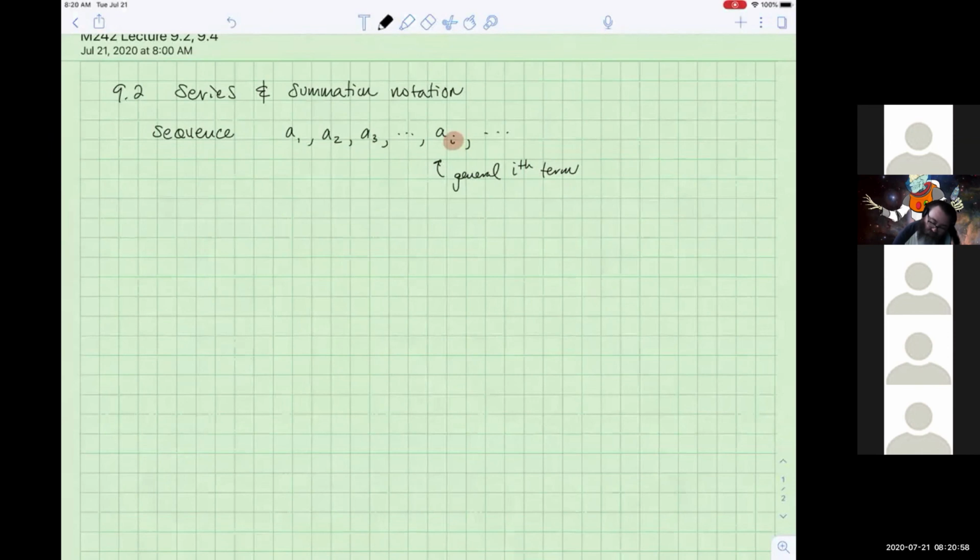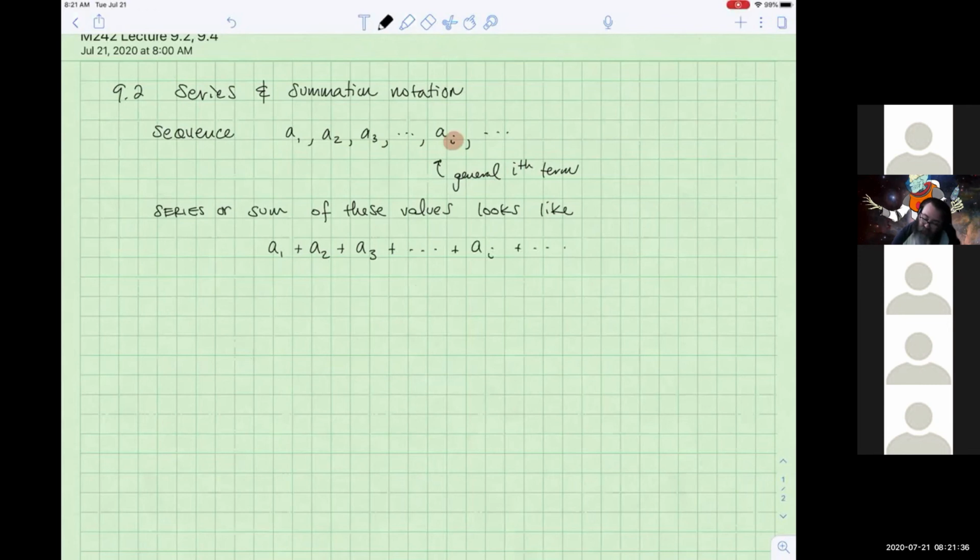Now, a series or sum of these values looks like this. This is, I guess, the first point of contention for students where they start to get confused. Sequence and series both start with S, right? And these look very similar. A1 plus A2 plus A3 plus ... plus the general ith term plus ... Now, if this continues on,